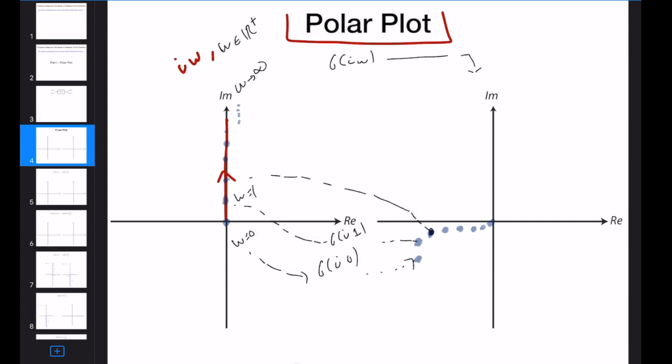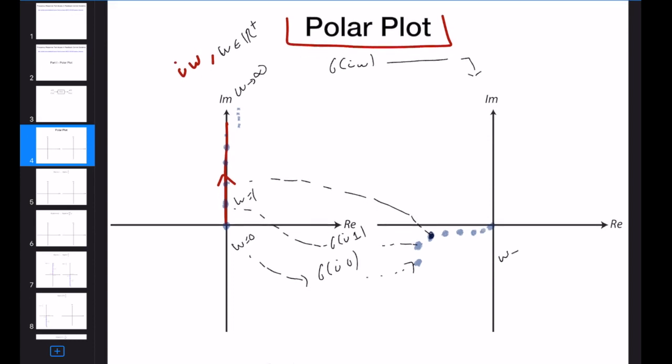Let's assume that when omega goes to infinity, G of j omega goes to 0, which is a very common thing. Finally, if we do this for all of the omegas, of course there are infinitely many of them, and plot them like this, it is our polar plot. Similar to our j omega axis, the polar plot also has a direction, and the direction is important for analysis and other purposes. The idea is very simple. It's similar to the Bode plot, but the main thing is that here everything is in Cartesian scale, so there is no logarithm.